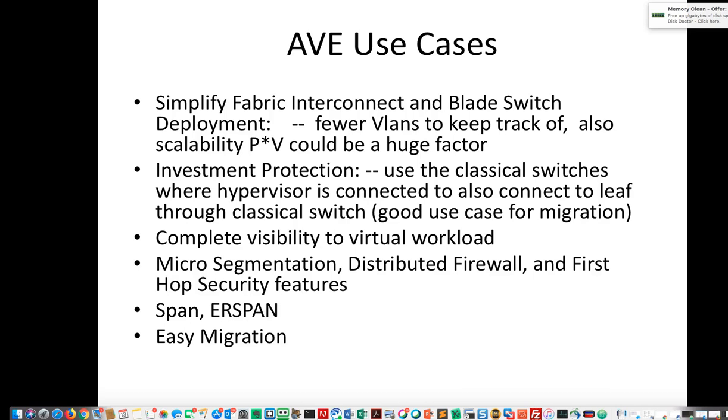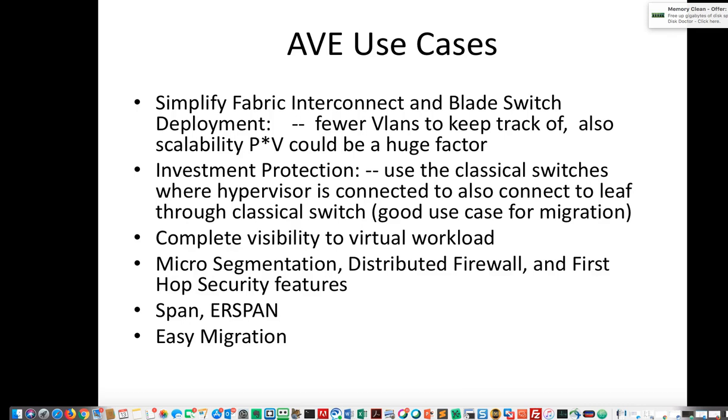And if you had hypervisors behind the 5Ks, initially with this AVE, you could just pass your infra VLAN. Generally, you would choose 3967 and let that infra VLAN plummet all the way to the hypervisor on a separate pair of VNICs, and you can then bring up the AVE switch over there, and then you could map your EPGs to the VLANs, and you could use